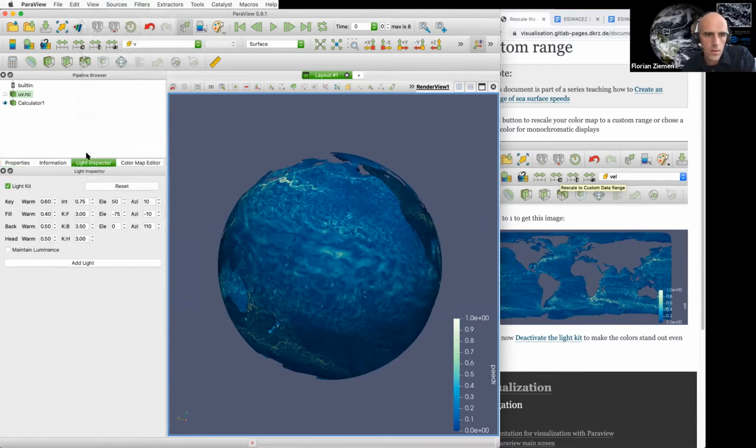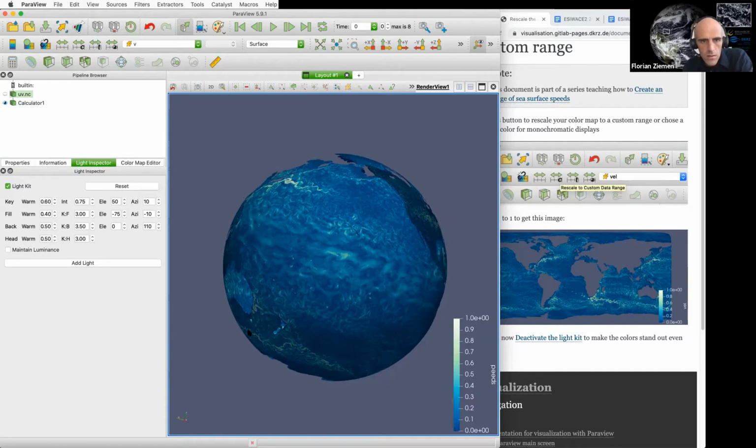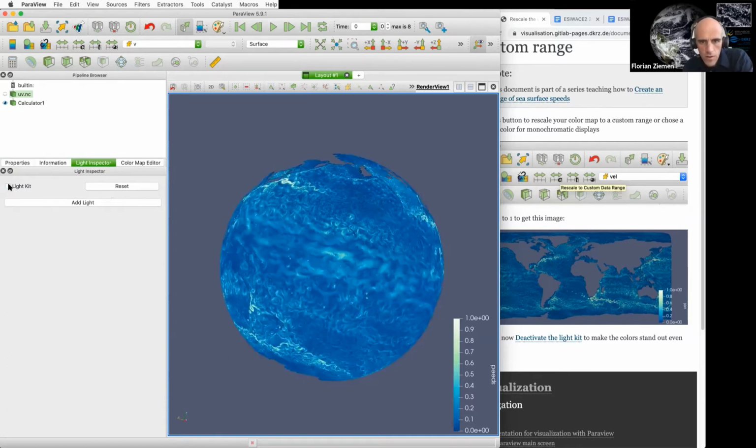And then you get this light inspector. And what you can do there is basically Paraview assumes that there are some light sources distributed through space. And if you have them, you see that it's a bit brighter here on the top of Earth than down under. And so if I now switch the light kit off, everything is lit homogeneously, which is very sub-ideal if you want to see a sphere,